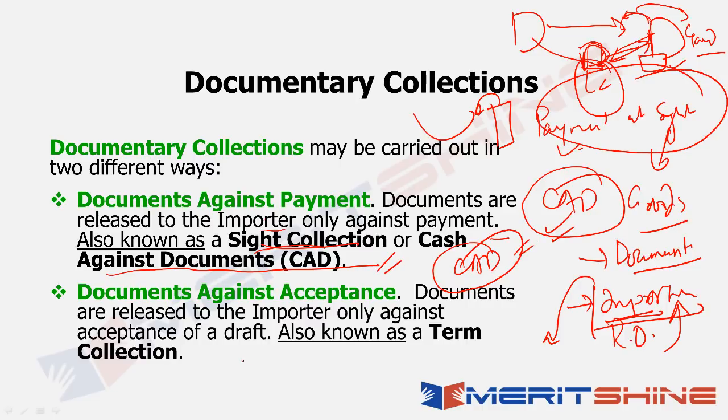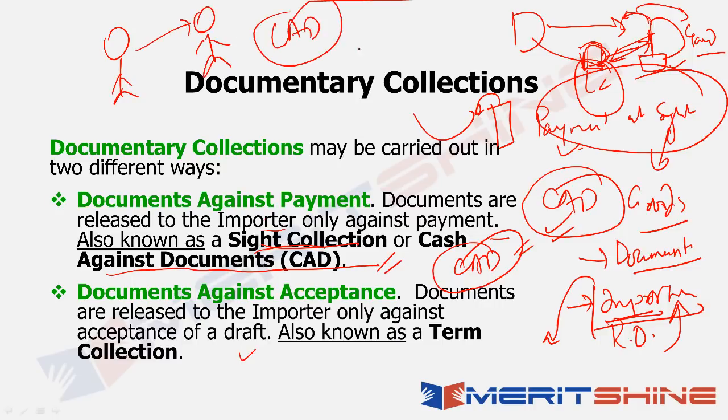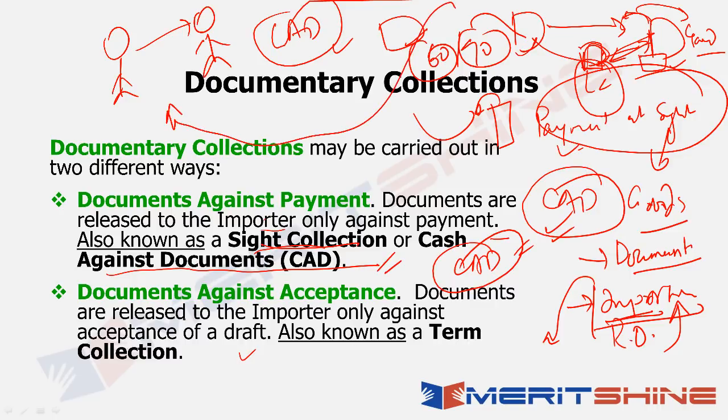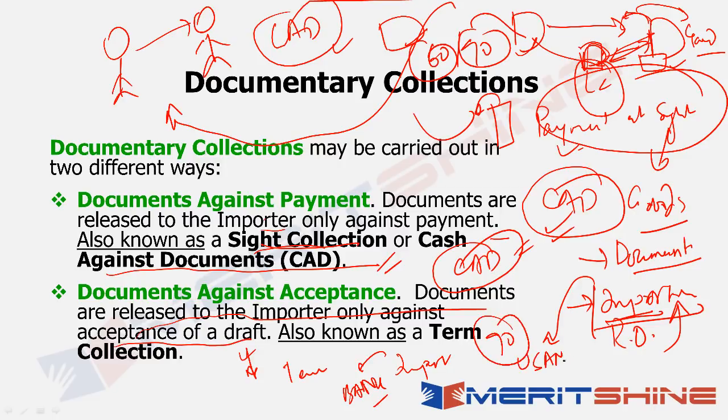Now, the second one can be if the importer is a very strong counterparty and you are desperate to sell to him. He will say, no, not doing cash against document. I will see the goods. I will maybe use them for 60 days or 90 days. Once I receive payment after my sales cycle, only then I pay you. So this is called documents released to the importer only against acceptance of a draft. This draft is a term sheet. Basically, this importer will sign to this bank that yes, after 90 days of sight or 90 days of usance, he will pay. This is also called